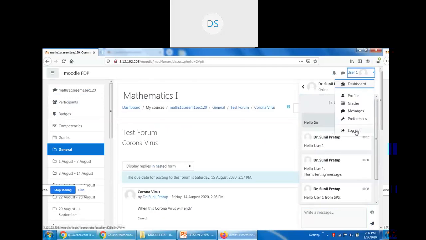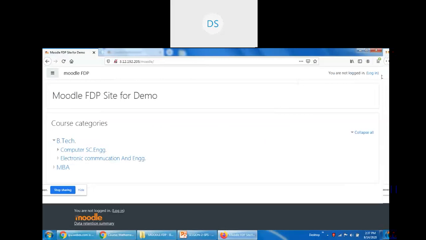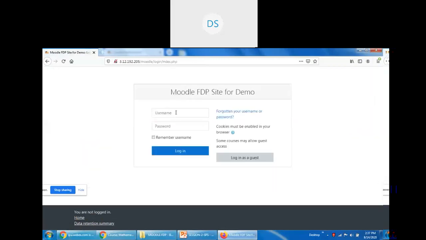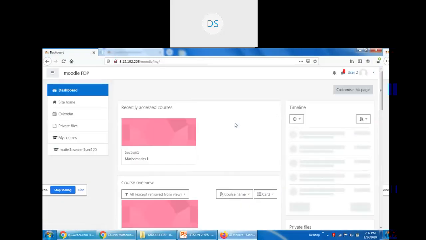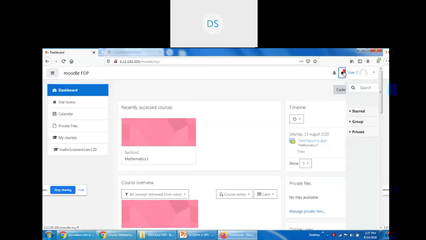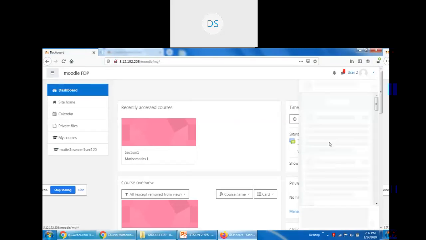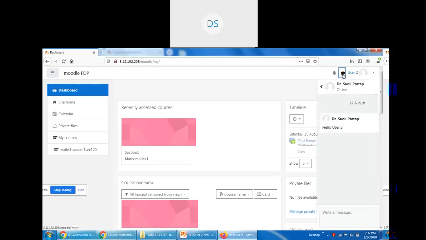Now see the effect of logging in with user 2. So now user 2 is online and user 1 is not online.